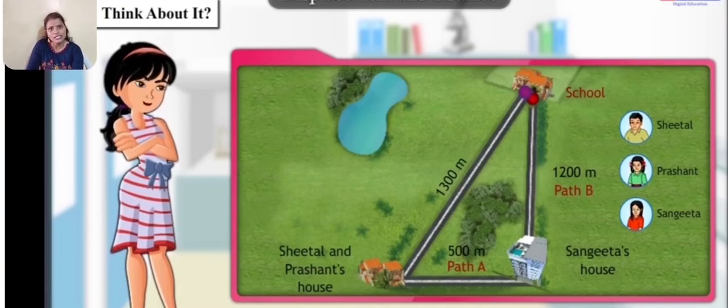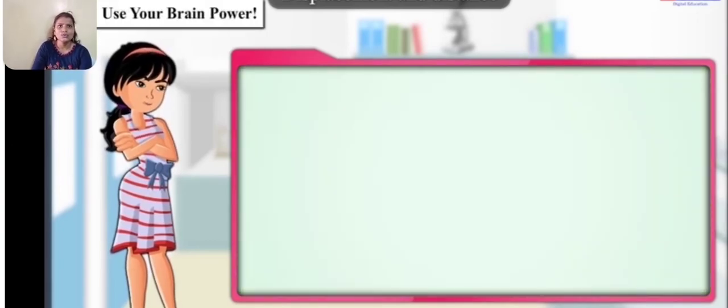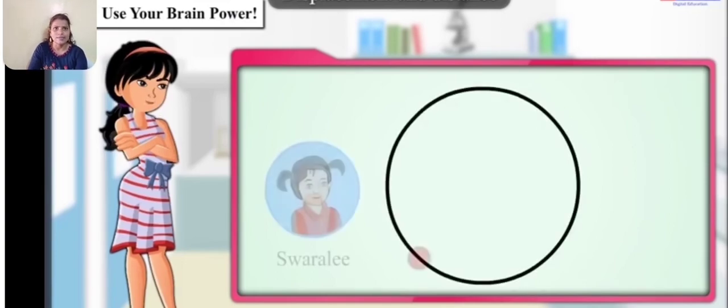In this example, there is a difference between the actual path and the distance traveled. So what is it? Distance is the length of the actual path traveled by an object in motion while going from one point to another point. Whereas displacement is the minimum distance between the starting and finishing points. So that is distance and displacement.